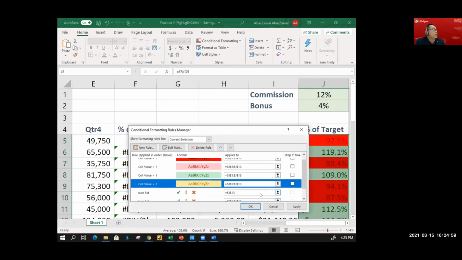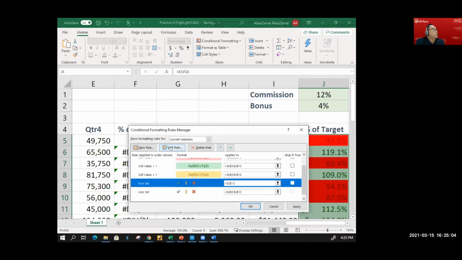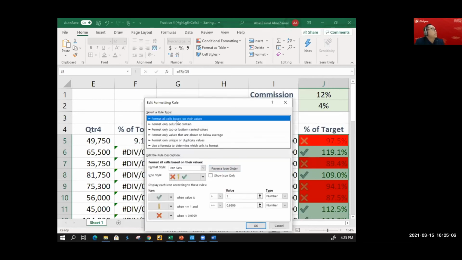Once you've done that, at the bottom you still need to select the icon set. Here, edit rule, I'll show it to you. This time around, it is slightly different. You need to select the first line, format all cells based on their values. For format style, you can select icon set, and then you can change the icon style to whichever icon you wish. When value is greater than 1, you have a check mark.